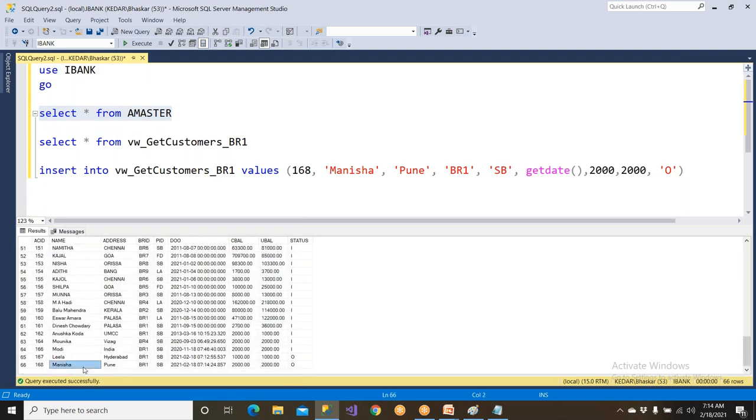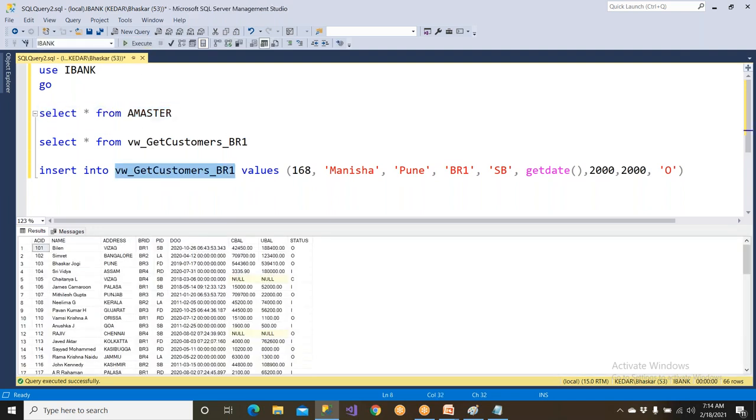Have you seen this? So many people think that if I insert the data in a view, you need not have the permission to go to the table, and you are giving all the data to this fellow internally. Clear? So you can see the data going via view to the base table. So using this view, we're able to insert the data. Clear? So now this is done. So this view is getting